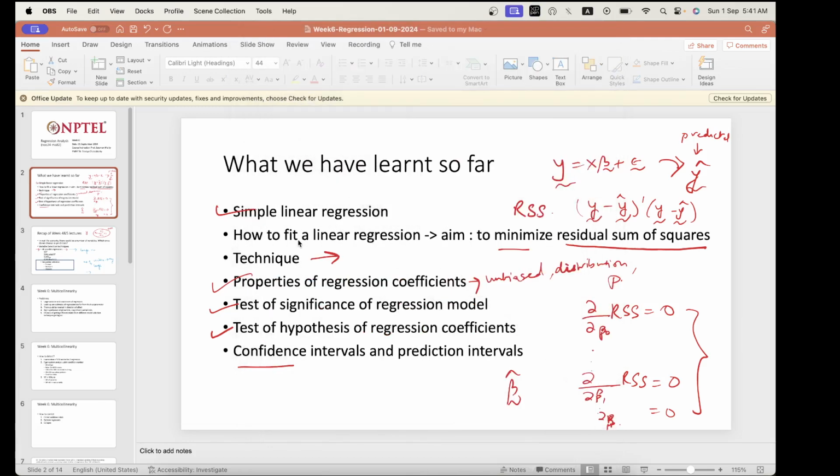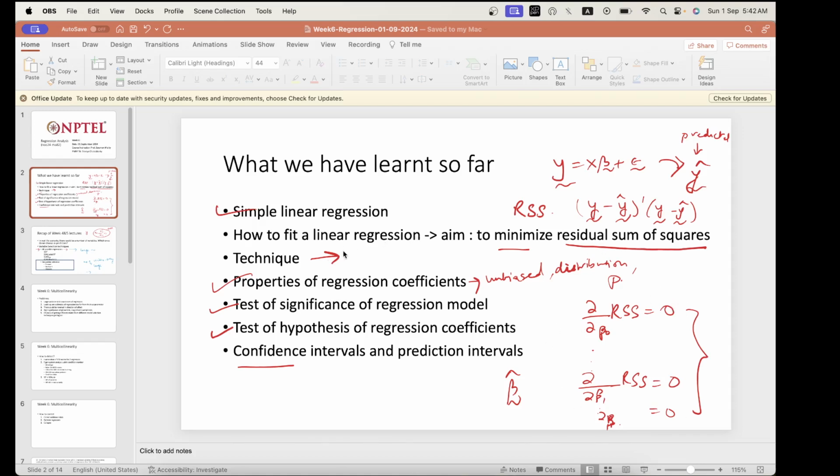We know how to fit a linear regression, we know how to fit a multiple linear regression, we know what the aim is, that is to minimize the residual sum of squares. We know the technique, we just have to write down the residual sum of squares and then differentiate with respect to the unknown parameters, equate them to 0, and then solve the simultaneous equations, and arrive